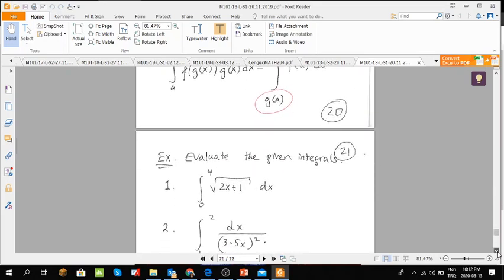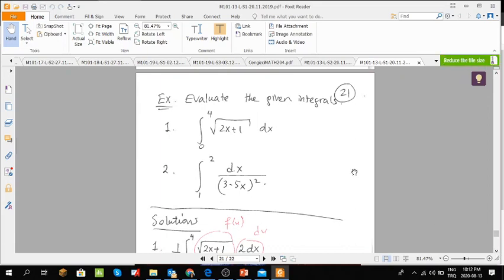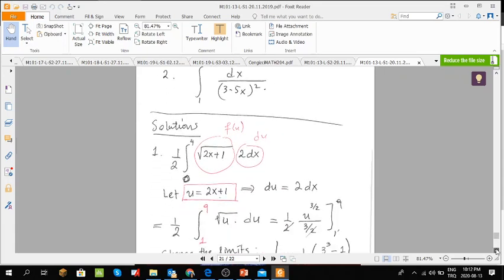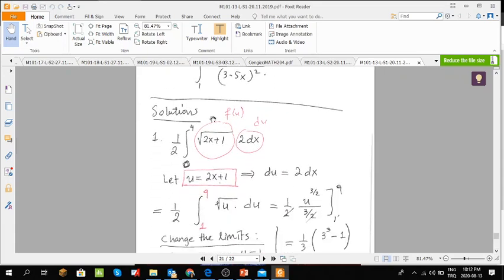Now, how would you apply this? I have two problems solved. Evaluate the given integrals. The first one is integral from 0 to 4 of square root of 2x plus 1. This is familiar to you, and we have f is square root of x and g is 2x plus 1. G is u, and as you will see in the solutions, look at the red colored parts, this is f of u du, where u is 2x plus 1,